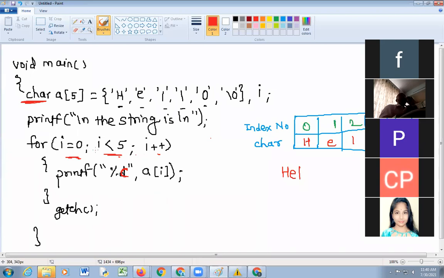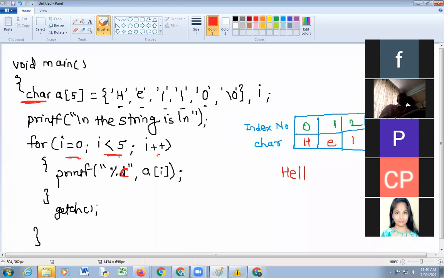Increment the value of i, the initial value of i is 2, after incrementation it will become 3. Check this condition, 3 is less than 5, yes. Then print the character at the third location, that is again l.